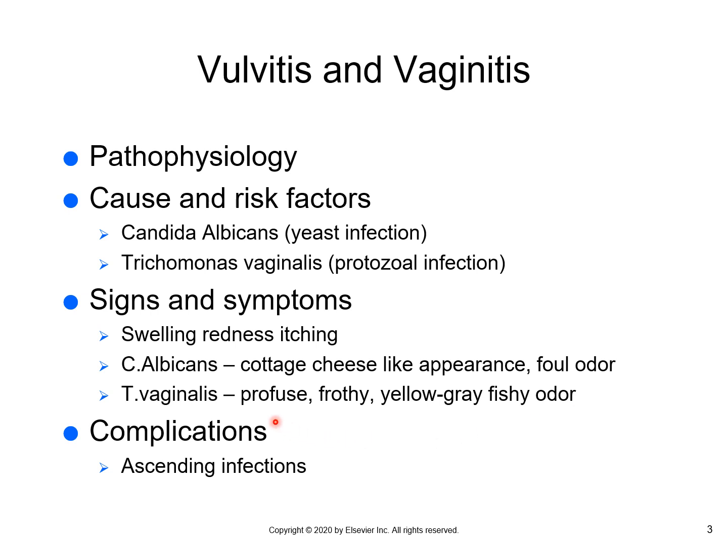And what will be a complication of vulvitis and vaginitis? So even though it's out there, right? The vulva is on the outside, and vaginitis is internal, but still kind of near the opening. So the complication that we're trying to prevent is ascending infection. It could go all the way up to the uterus, all the way up to the ovary, and everything else that is in the pelvis, right? So the infection could go all the way up to the pelvic cavity, which is very bad if it reaches that part